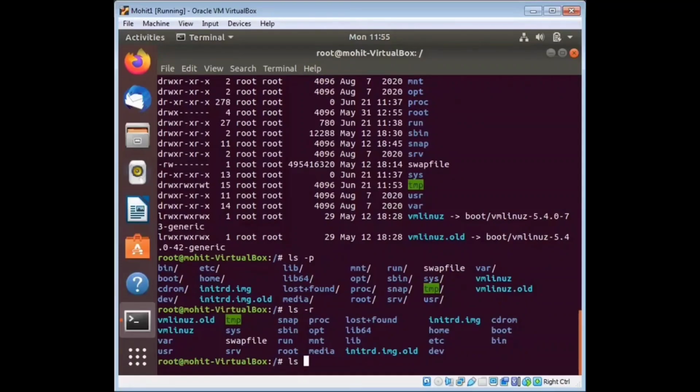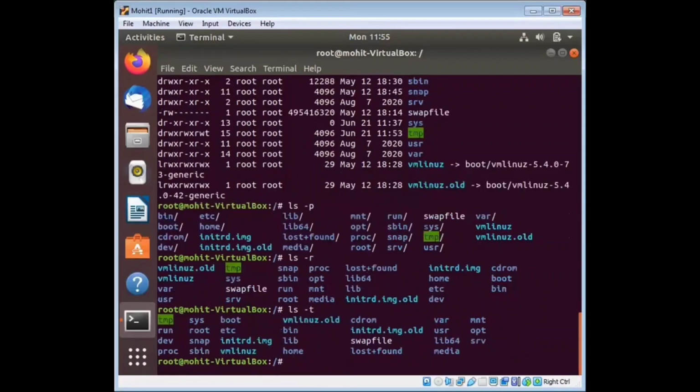So next command is your ls minus t. ls minus t basically sorts by time and date. That is, when your file is published, when your file is modified, when your file or directory is made. So it sorts by time and date.